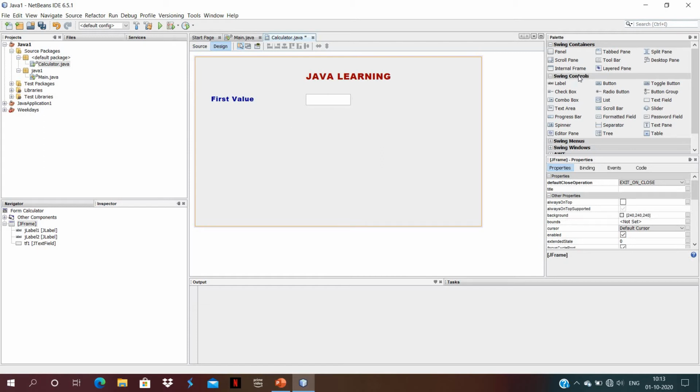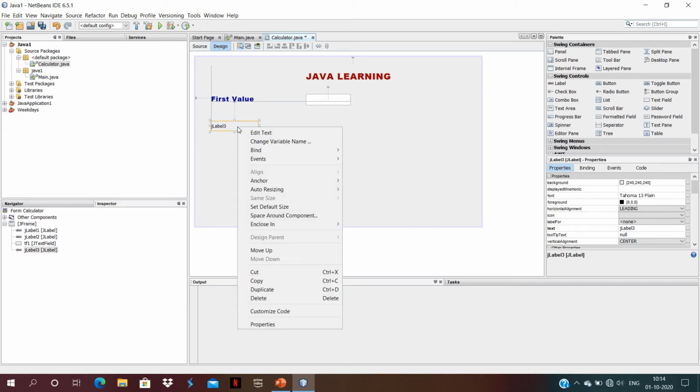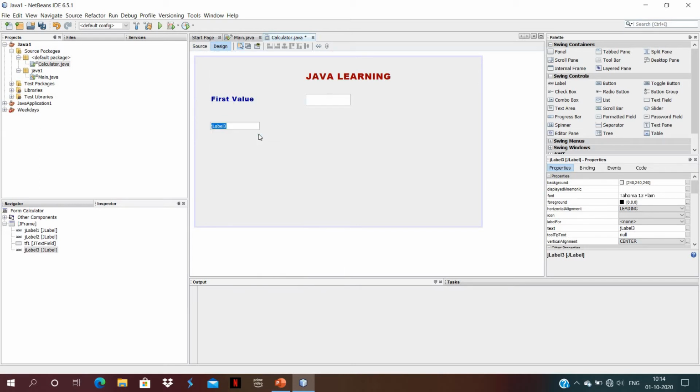Okay, now we need one more label for second value. Increase the size of your label, edit text and then delete the default text and give the appropriate name. Second value. Okay, now I'm going to change the property of our second label.